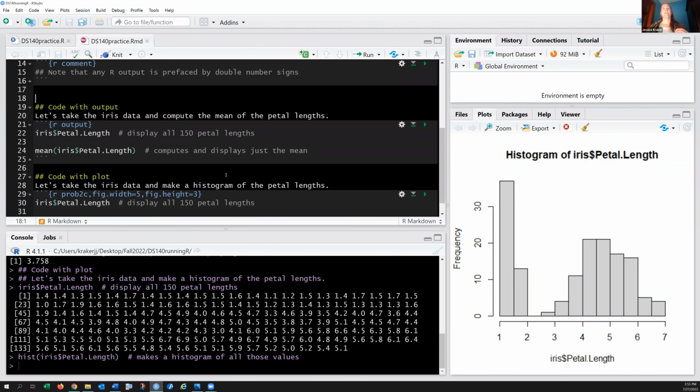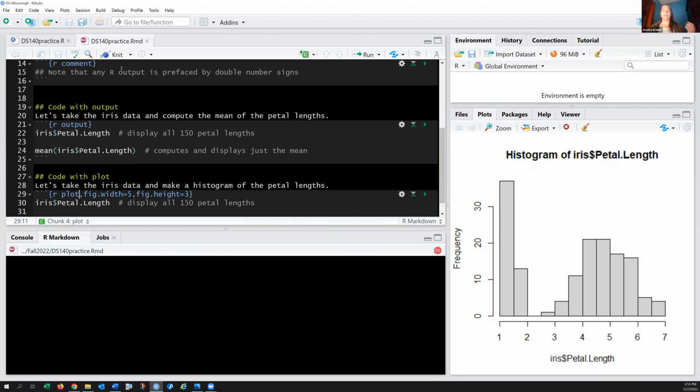Let's see if I can do that here. And I'm going to adjust this. I'm going to call that plot. And the way I'm going to turn this into a Word document, I'm going to knit it. What's really nice and convenient about the RStudio interface is it shows us a little ball of yarn here next to knit. And when I say knit,